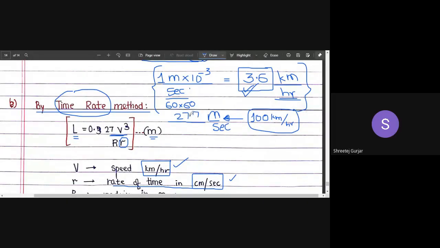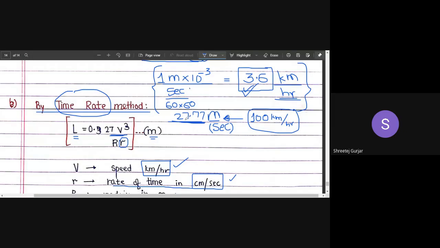27.7. Okay. So you can see if you are going at 100 kilometer per hour, it is nothing but 27.77 meter per second. That means you are moving at a speed of 27 meter per second, meaning per second you are traveling 27 meters. You can just imagine 27 meters you are traveling in a second. That is very high speed. At every second you are traveling almost 28 meters.